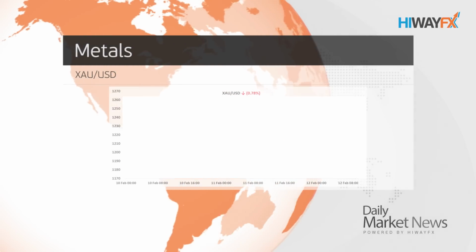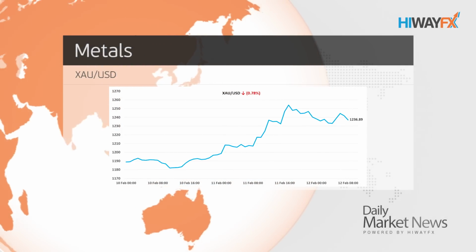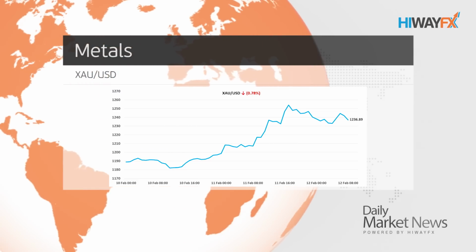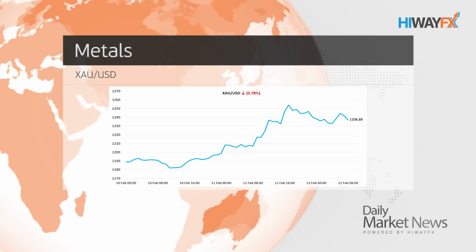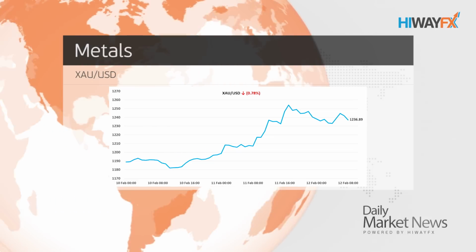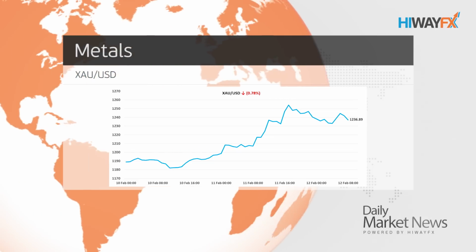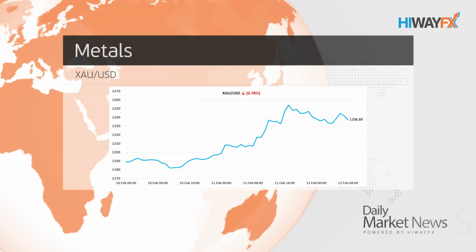Yesterday, gold jumped as much as 5.8% to $1,263.90 an ounce, the highest since February 2015, and the gain was the biggest intraday advance since 2009. This morning, we're observing a technical correction. Gold loses 0.4% and trades near the level of